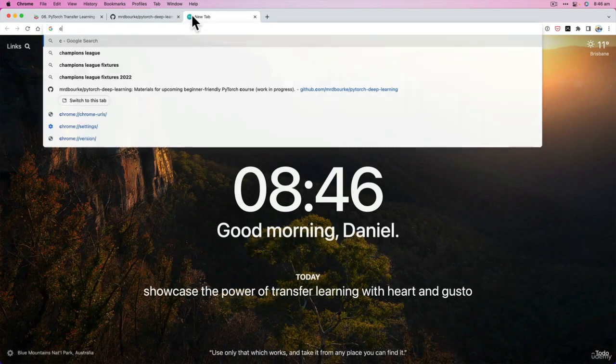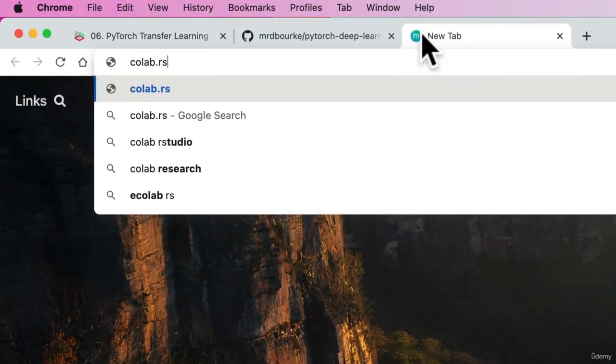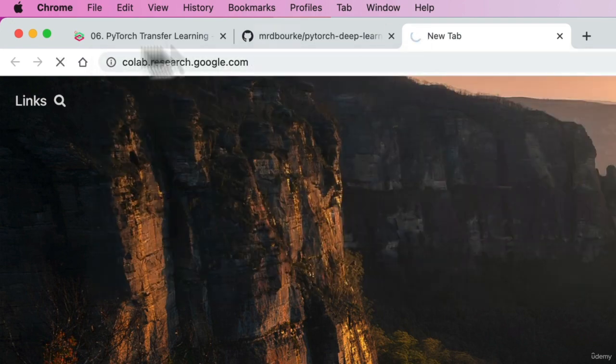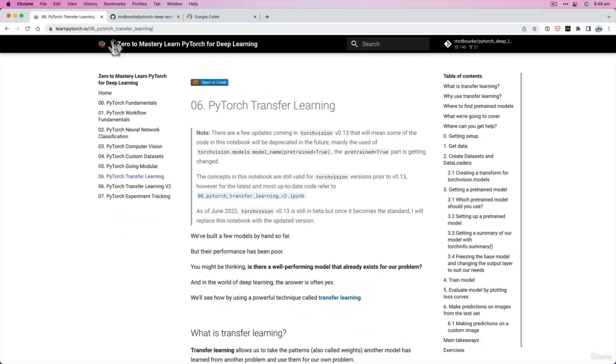Okay, time to start coding. I'll meet you over in Google Colab. Let's go to colab.research.google.com. And while that loads up, I just want to show you the resource we're going to be using for